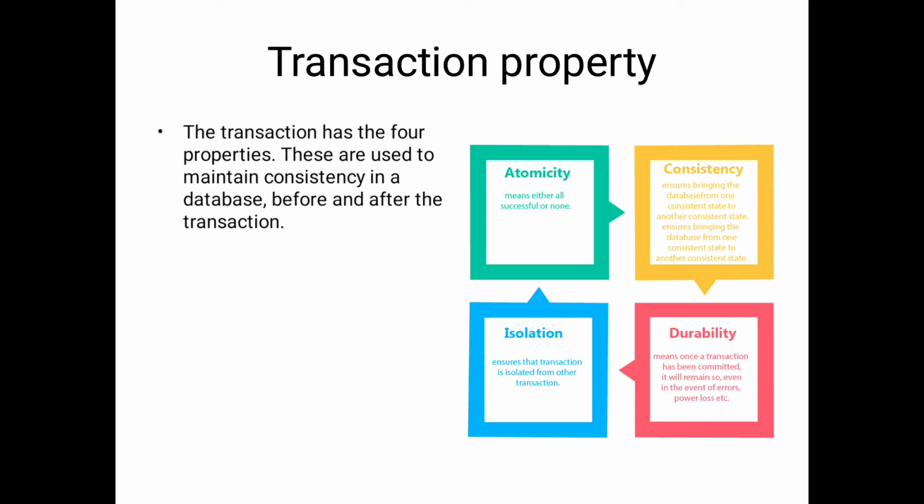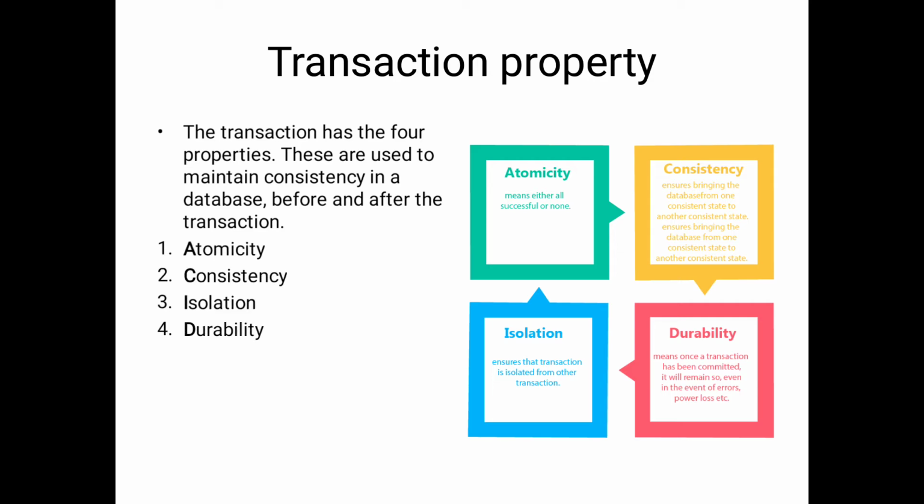After the transaction, I transfer 500 rupees to account Y. So finally what is the X account balance? 500. Y account balance 2500. After the transaction, what is the sum of X account balance and Y account balance? 3000. So before the transaction and after the transaction, the sum of these two persons' account balances is the same, then that maintains the consistency.